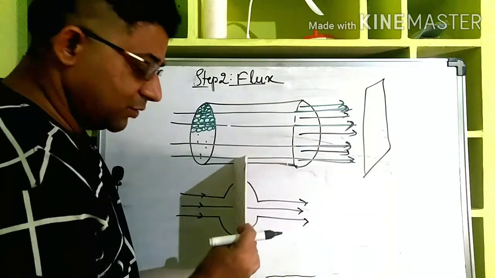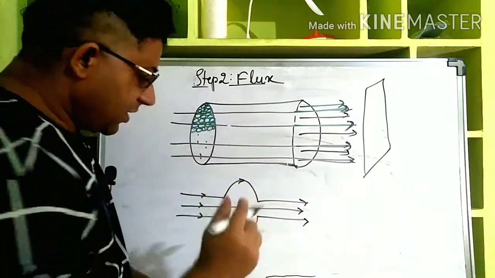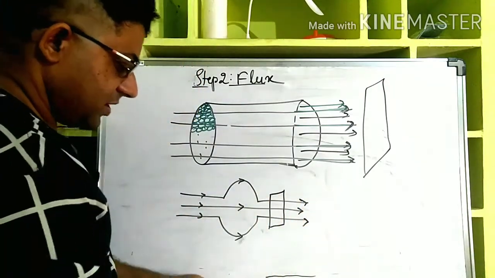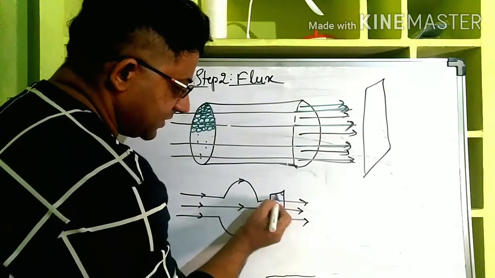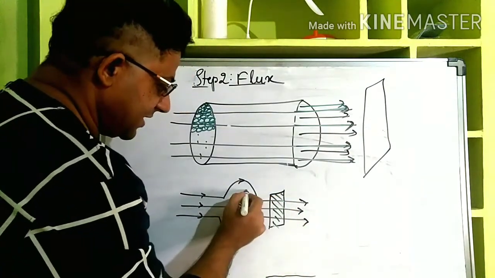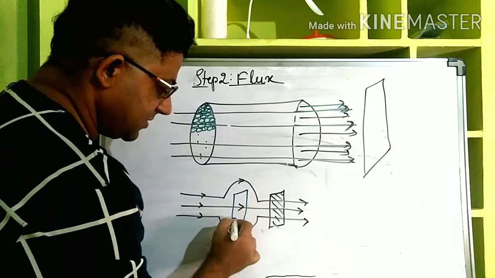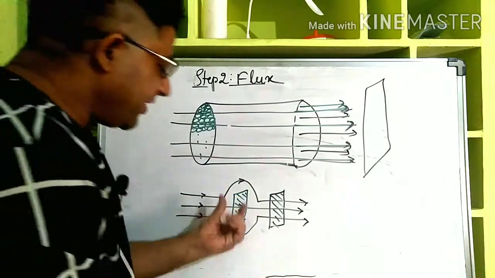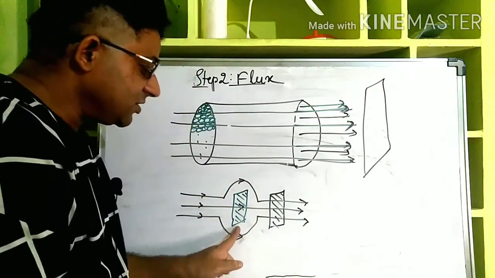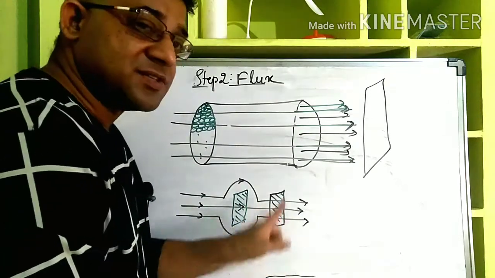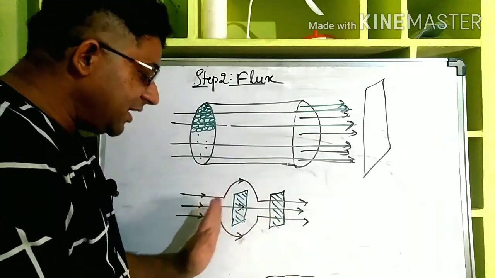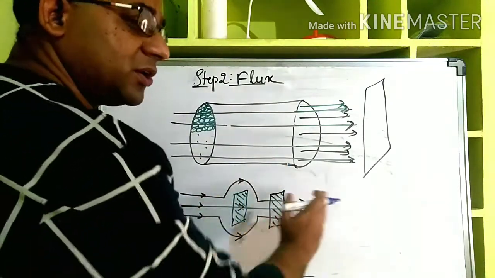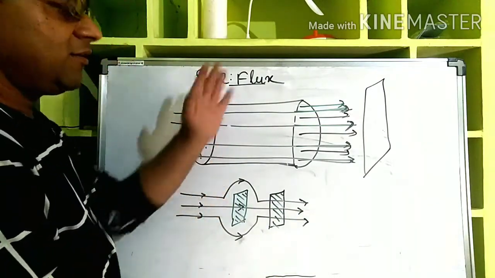The number is 3 only. But if you take a particular cross section, let us say a cross section of this much area, let me show it with a different color. So 3 lines are hitting, and if you take the same area here, only 1 line is hitting, right? So the relative field strength here, the flux is less, here flux is more. So the relative number of field lines hitting a surface perpendicular to the field lines is called flux.